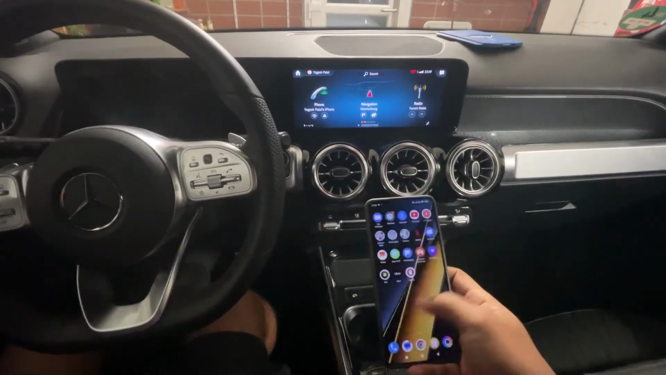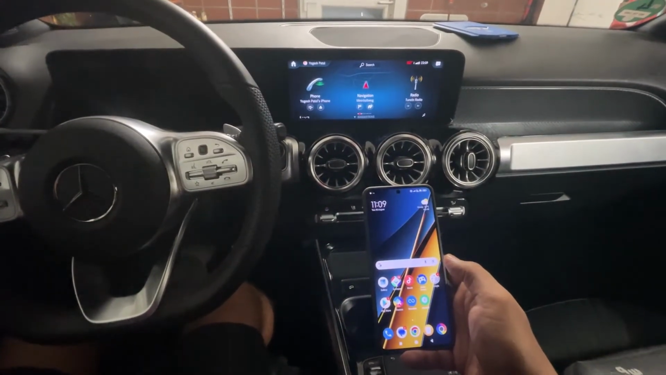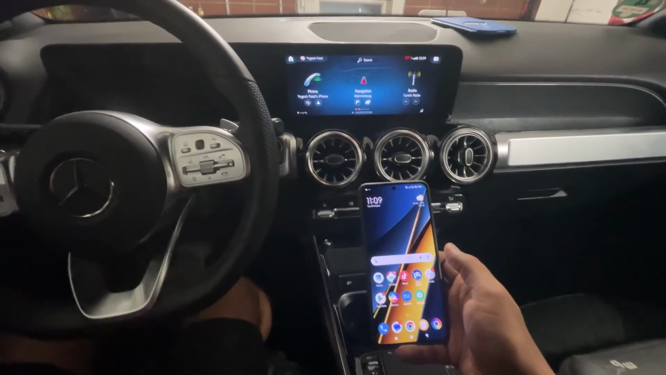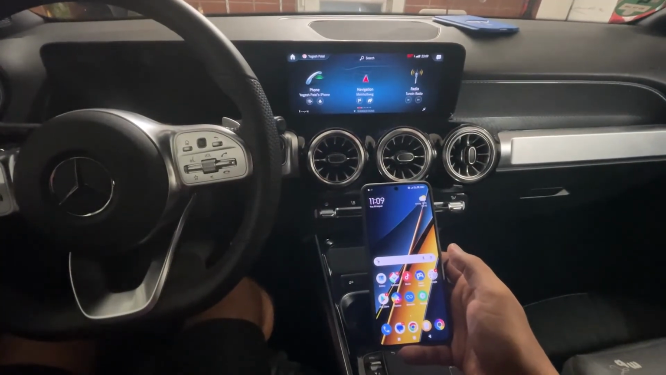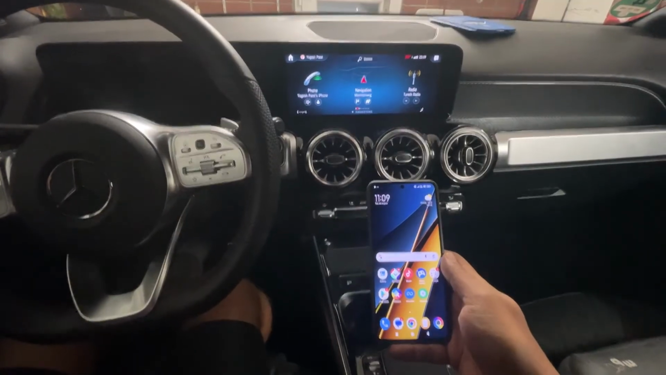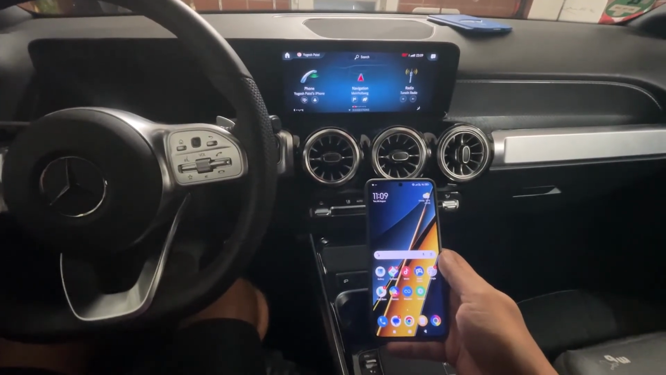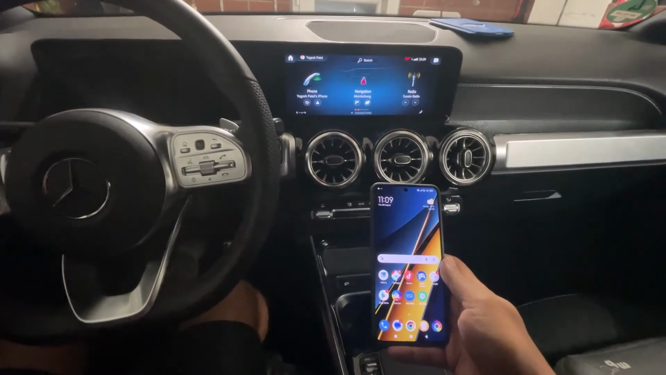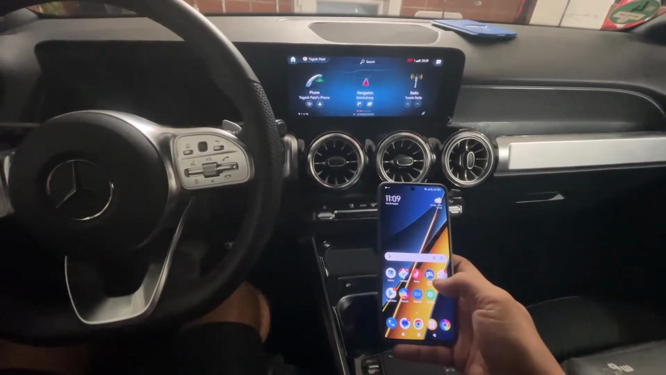Hey guys, in this video I'm going to show you how you can pair your Android Auto with your Mercedes-Benz. So in this video we are going to use the USB-C to USB-C cable to connect our Android phone to